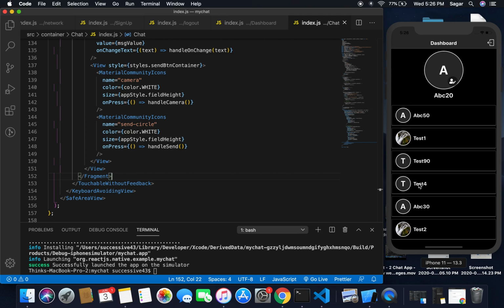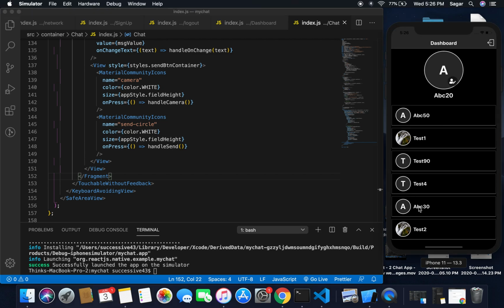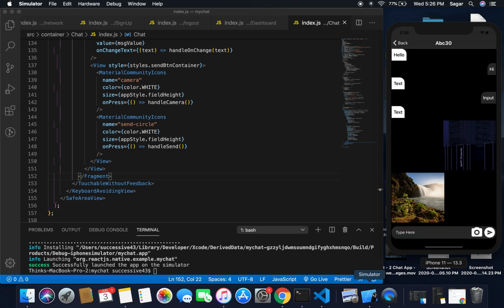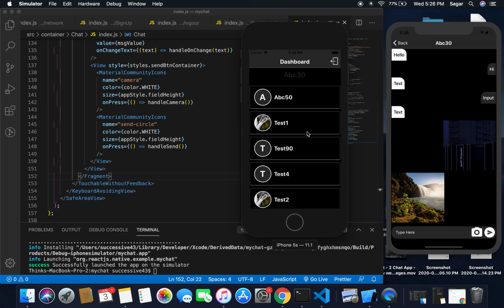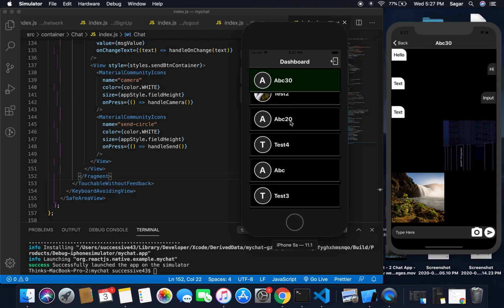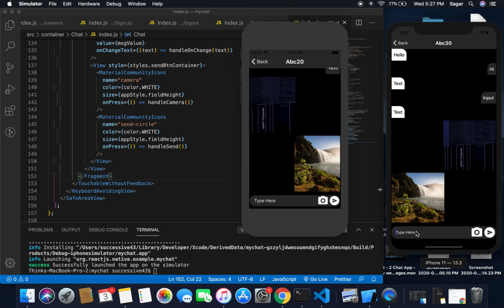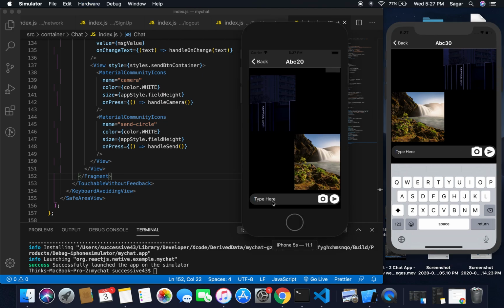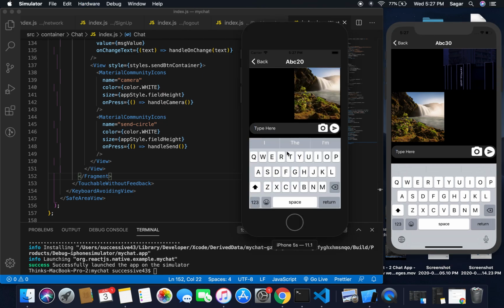Let's move to ABC 30 and dismiss it, and move here ABC 20. Now let's open your keyboard as well. You can see our keyboard is working fine. If I'm going to use hi here,